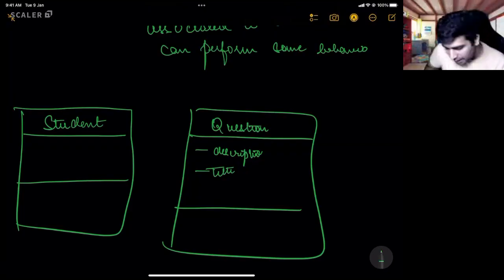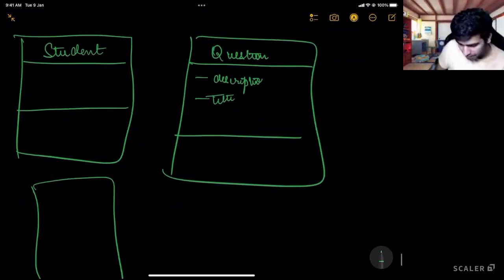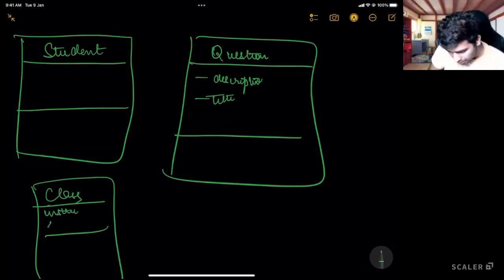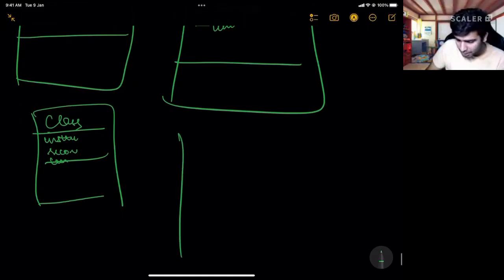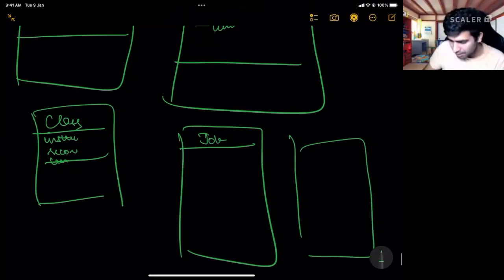Okay. Any other entities, any other such ideas in Scaler? Class. Yes, every class is an idea, right? In the Scaler software system, there are going to be classes. Classes are going to have some details. For example, every class will have an instructor. It will have a recording. It will have a time. Everything. Every job listing that you might get is a thing. Teaching assistant is an entity.